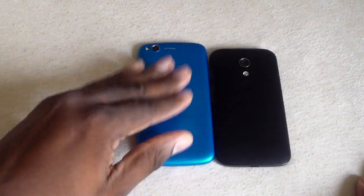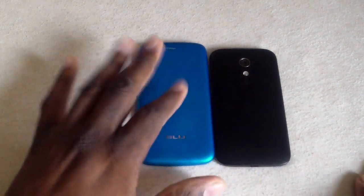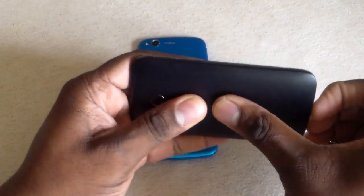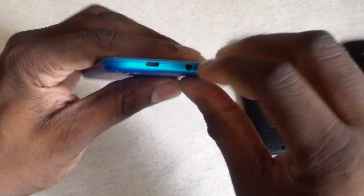Now, the Life Play has a great camera, but the Moto G camera far exceeds the cameras on the Life Play. But now, when you get into other details like this, they both have removable backs. Life Play, here we go. They both have removable backs,